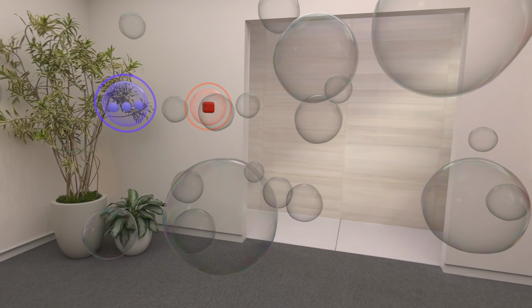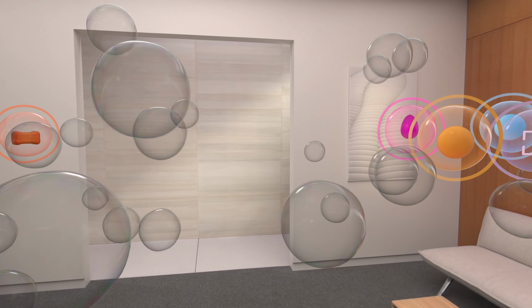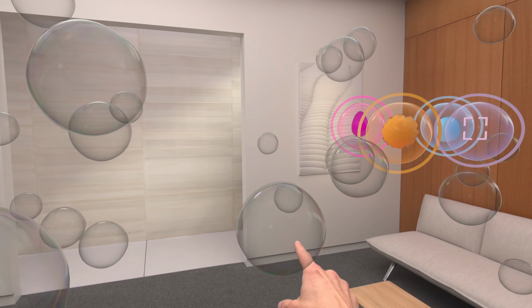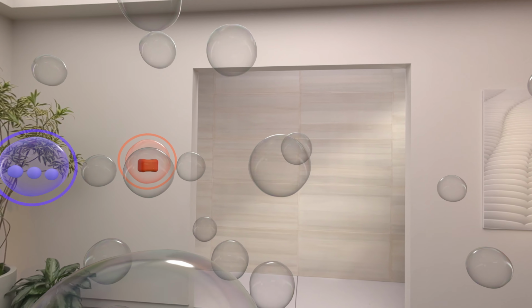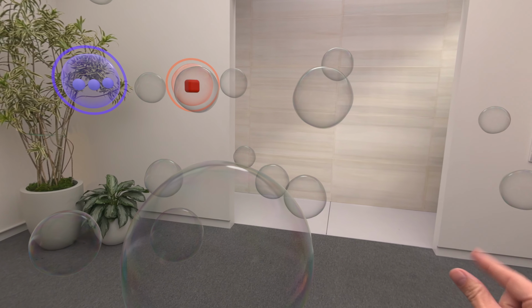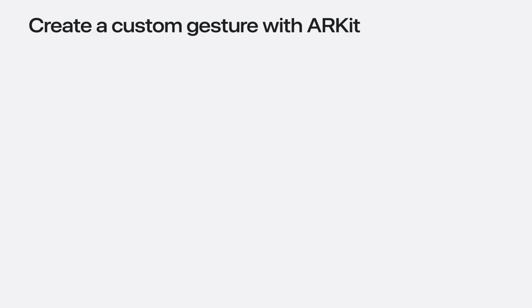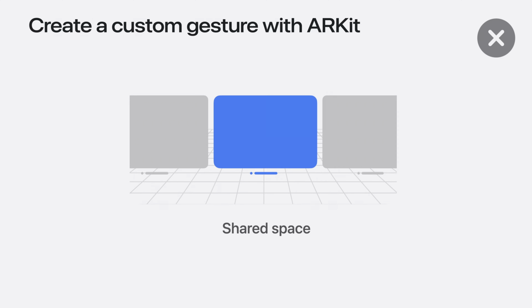But don't overdo custom gestures. Use them sparingly. Blackbox uses the system gestures whenever they fit. For example, I can look at the bubbles and tap my fingers to pop them. Blackbox lives in a full space on visionOS, which is important. If your game lives in the shared space, alongside other visionOS apps at the same time, then ARKit and hand tracking isn't available to you.